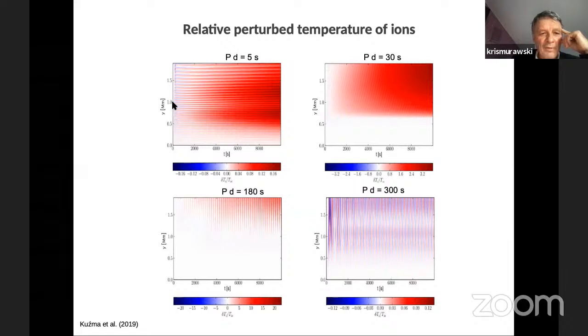You see that there are no waves in this region, but later on we have an acoustic wave propagating upwards and being reflected from the transition region, a standing wave